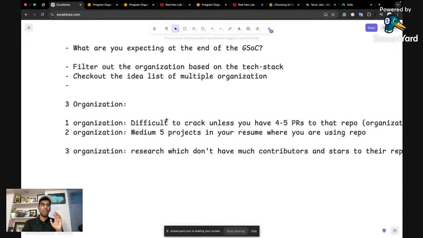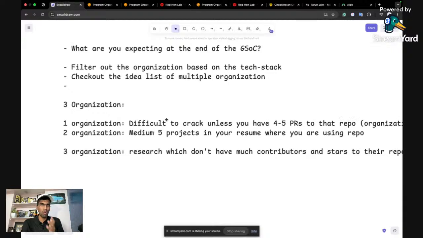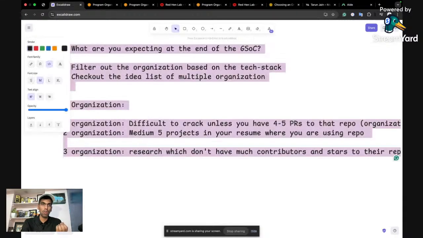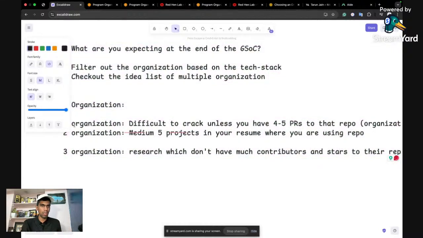So it's very simple. Try to contribute to a few of the repositories and make sure you have the priority list set. If you want to contribute to TensorFlow, if you want to contribute to Django, make sure you have good PRs. It should be at least 4 or 5, so that you have enough confidence that, okay, I can put Django in my first organization or second organization.